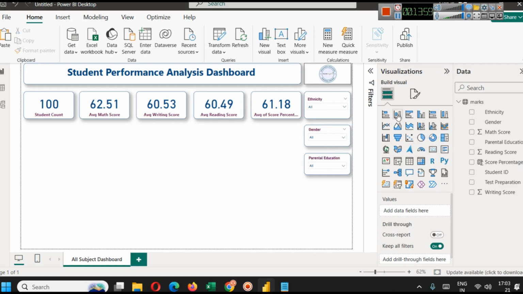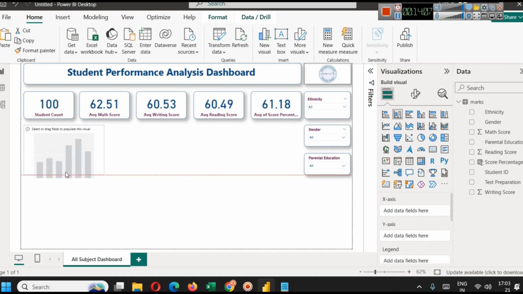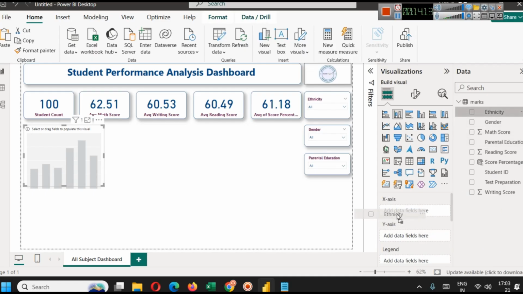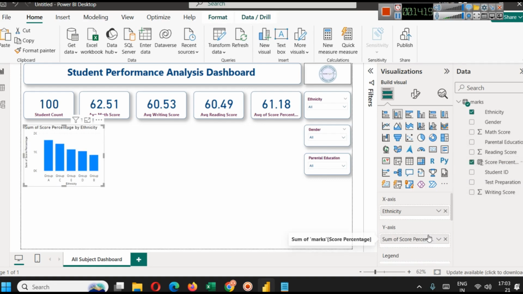So the first visual that we will bring is a stacked column chart, and I will bring one and a half of it. Okay, and I will use half of the height. In this visual, in x-axis I will put ethnicity, and in y-axis I will put the score percentage, and I